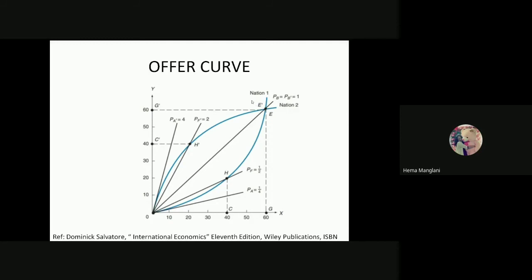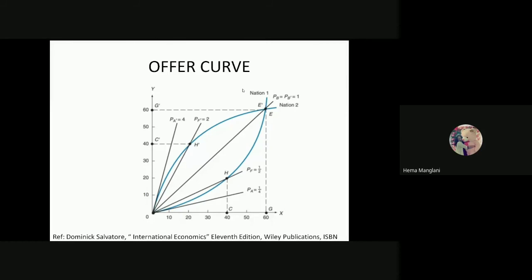So both are equal now, and this says that when both terms of trade are now equivalent to each other, in the offering by these two nations, nation one and nation two, then the exchange would be possible between the two countries. Now, see, this whole analysis is just fundamental. This shows how the countries would reach from this point to this point. But always you will not have a situation like this, where 60X would be exchanged with 60Y. That is not always the case.